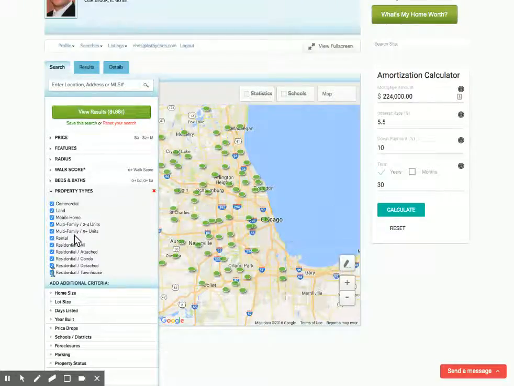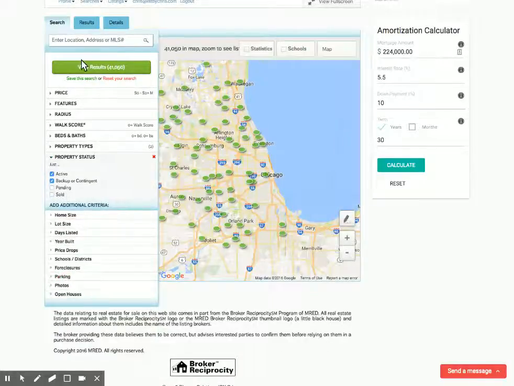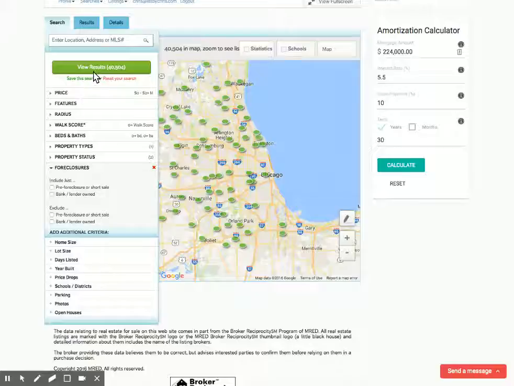So in this case, I'm going to look for a detached home, just as an example. I'm going to uncheck all these other options in here. And while I'm doing that, I'm going to talk about the property status field down here too. I have multifamily in there. So residential detached will give you pretty much everything that's a single family home. And if I go down here to, say you want foreclosures, you could click on that and get foreclosures or